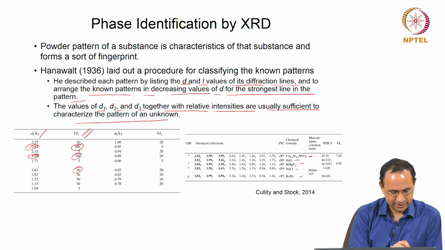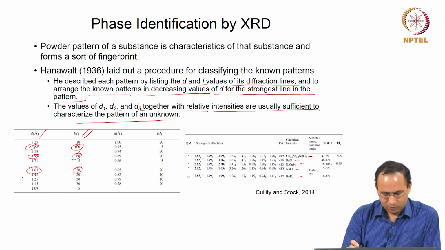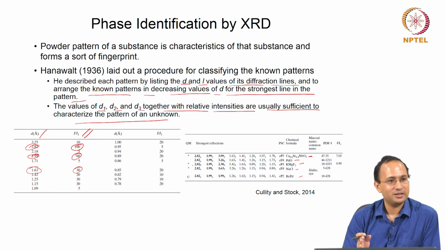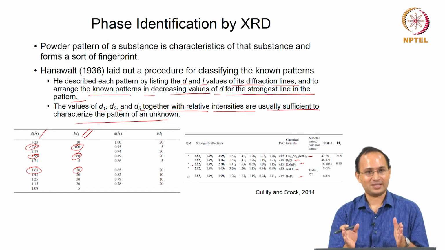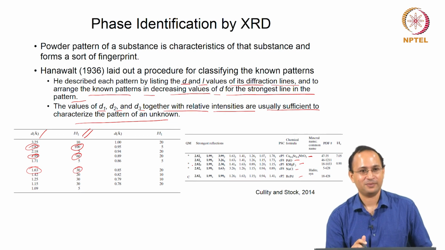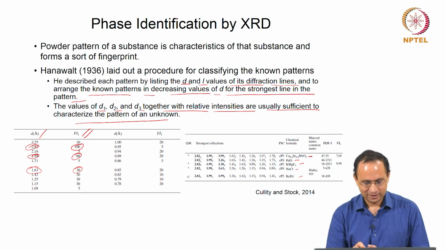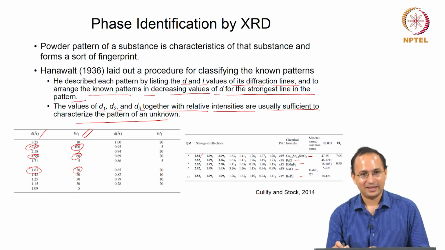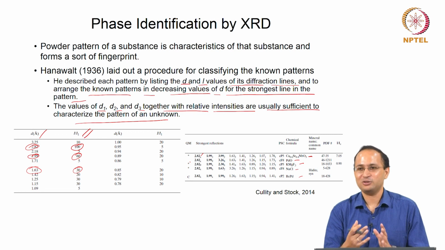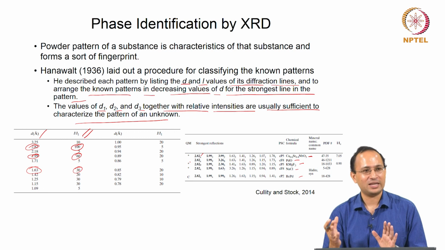Right. Let us see this. Now if you look at this file, the way it has been arranged, you have taken the strongest lines, then arranged as per the D. These are the 3 strongest lines. But if you look at just one, 2.82, a lot of chemicals, a lot of phases have the same D values. So you can't just decide based on that, because D is calculated based on HKL, and a lot of things are there. So you may get the same D.